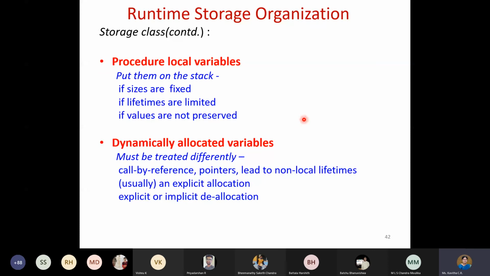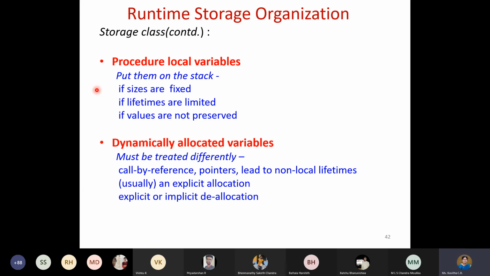Okay, and also whenever you have local variables in the procedures, I'm running out of time, so I will finish this and stop maybe. Whenever you have local variables, they are maintained in the stack. Already I had told you, when the activation record is created, whatever variables are created in that particular function have to be maintained, and they will be in the activation record till it returns from that function.